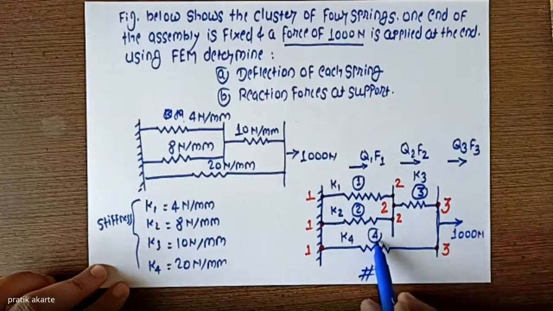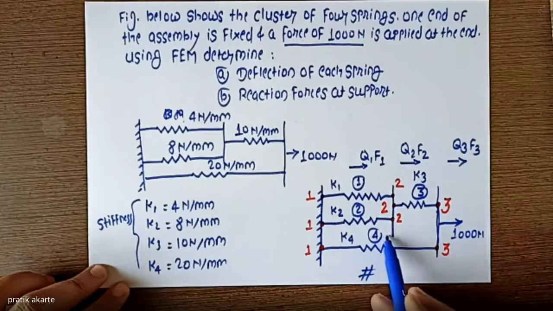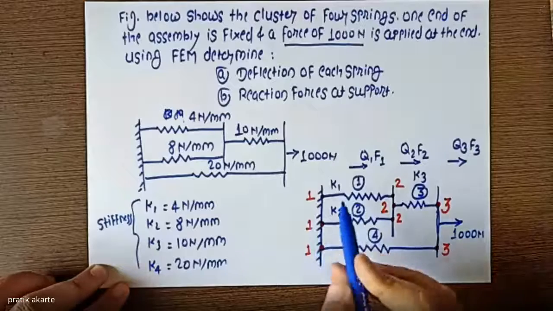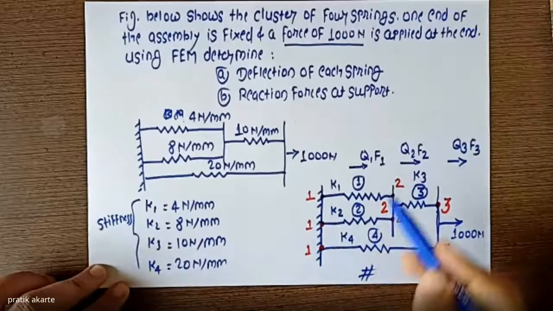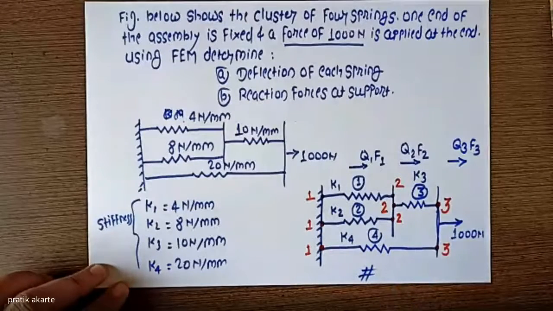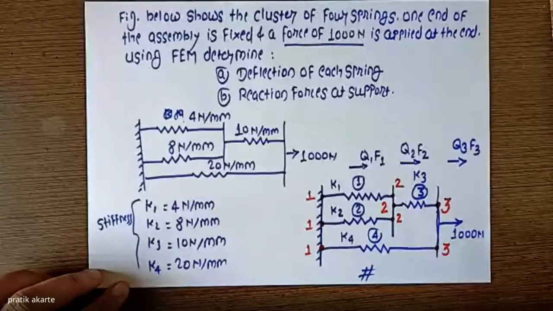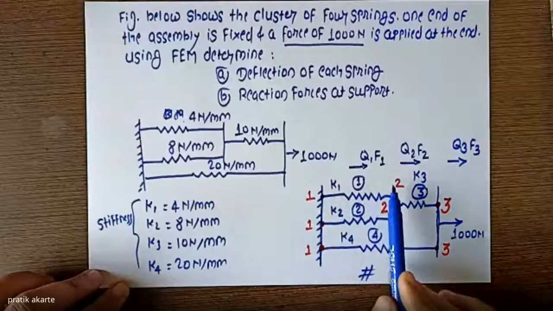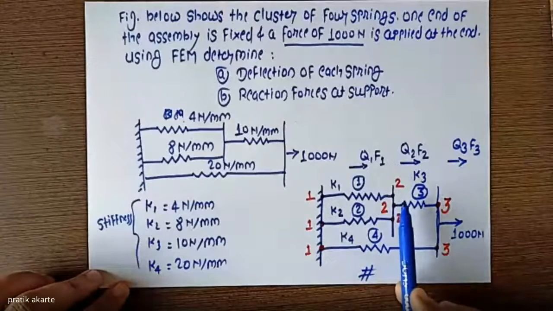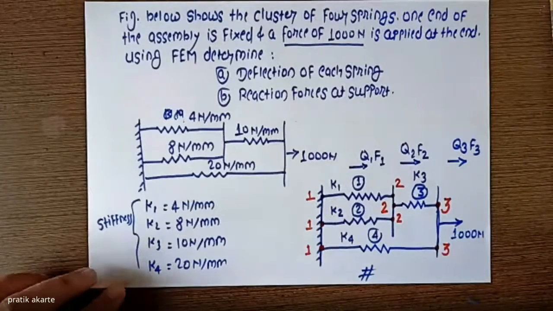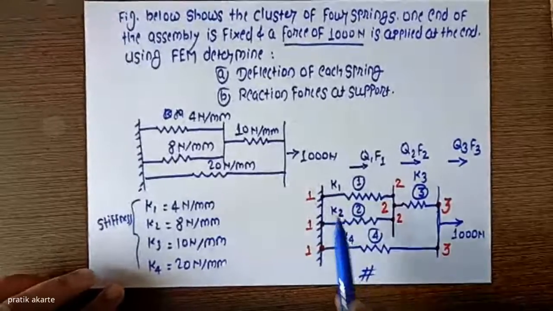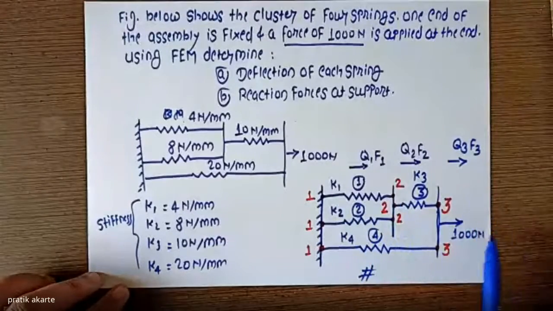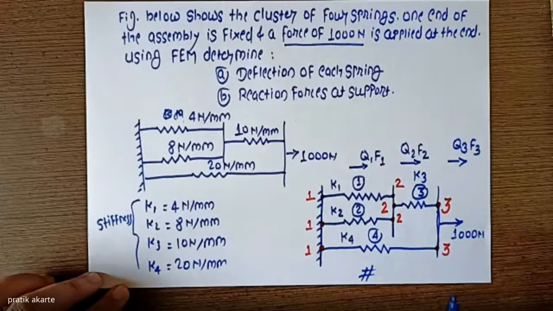If you give this as element number 3, it will give you node numbers 1 and 3. So node number 1 is shared continuously by 3 elements, which is not a good condition. So what we have to do is give the global node numbers in the next phase. For the first two elements we have given 1 and 2. For the next element, try to give 2 and 3 and select that element as number 3.